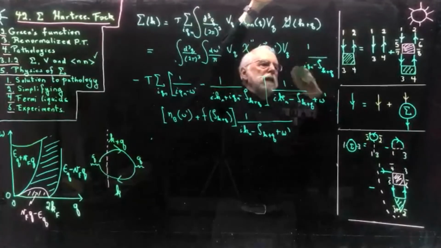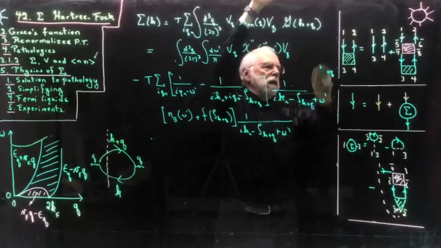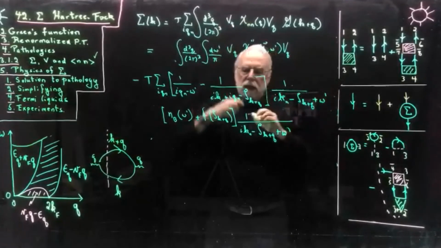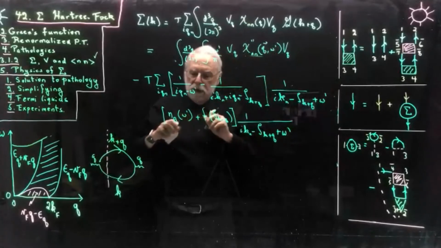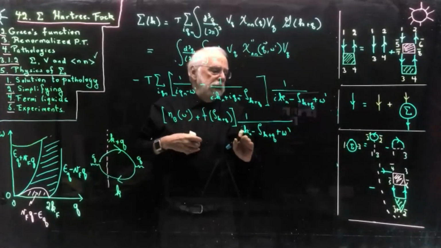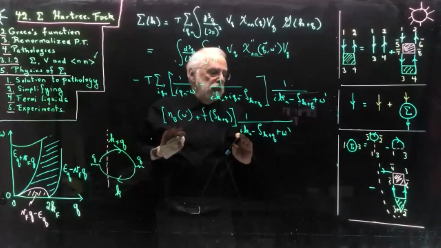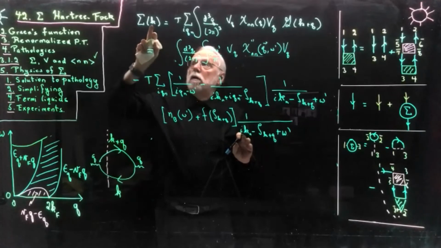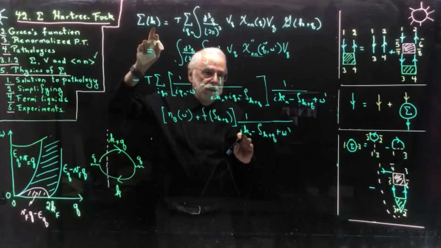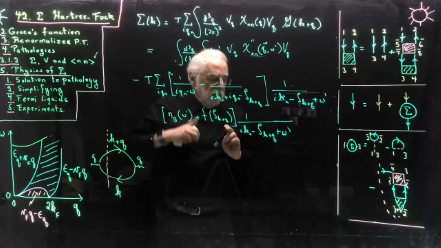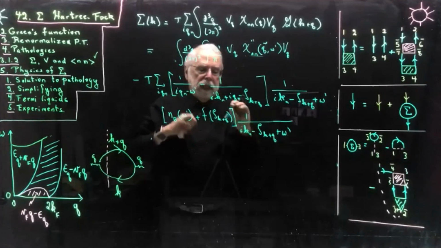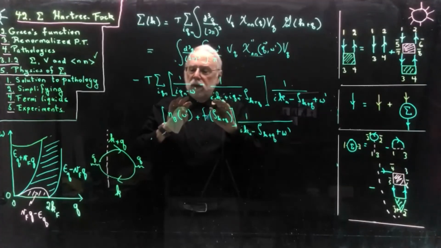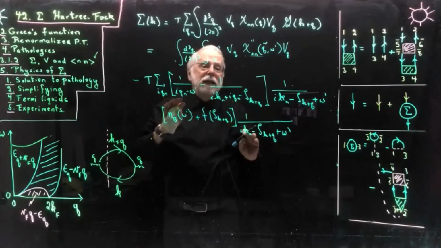I get rid of this. And I can replace this by this. Now you see what I will do is now I can do the analytic continuation on the frequency of this guy. I can replace this by omega plus I eta. And it's important that I have done this sum over Matsubara frequency before doing the analytic continuation.